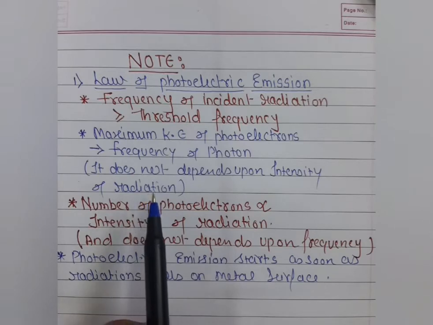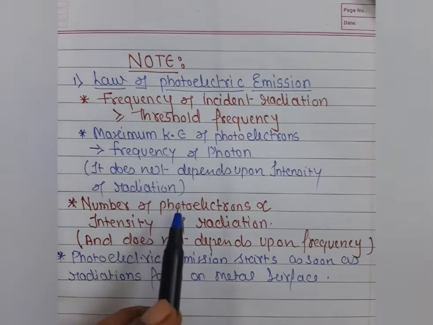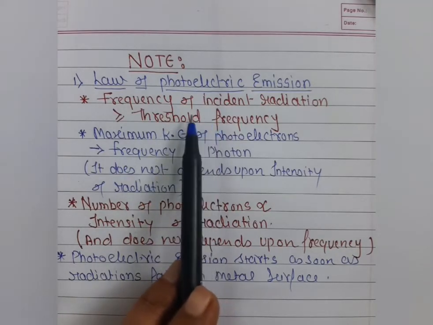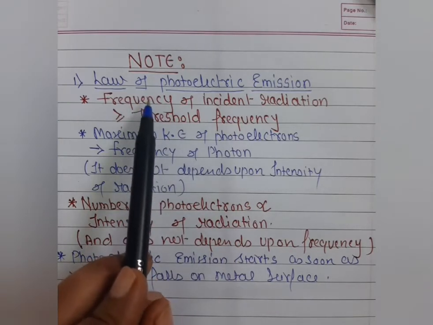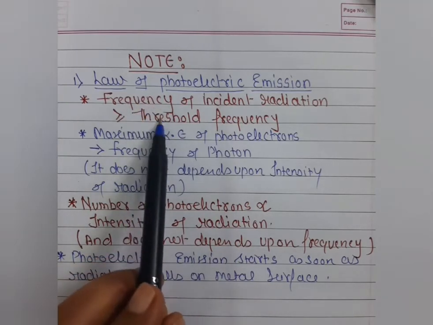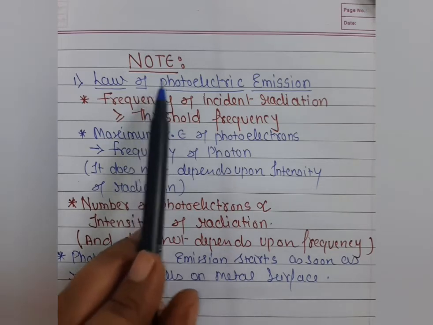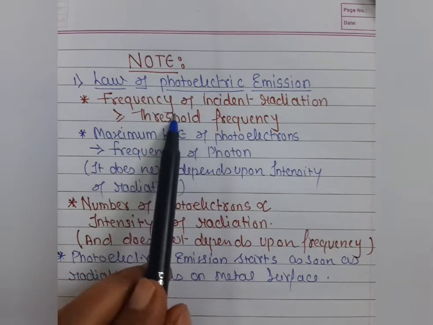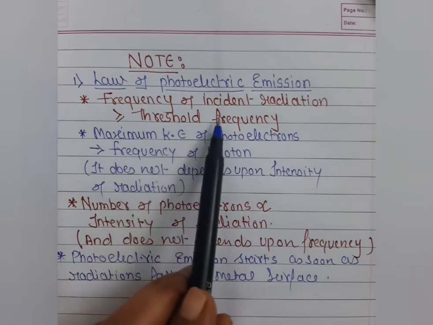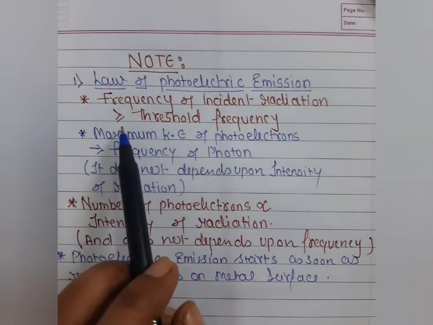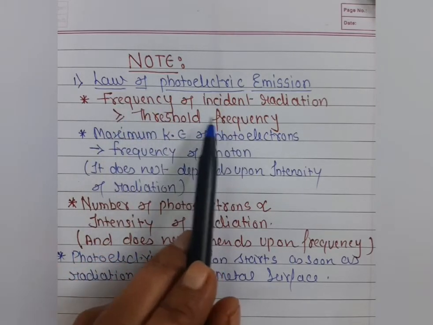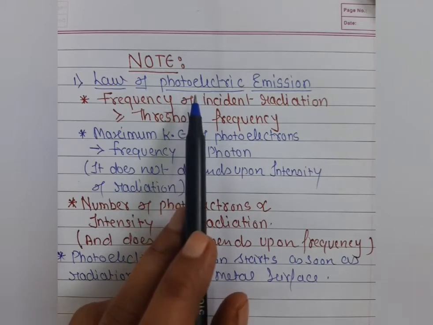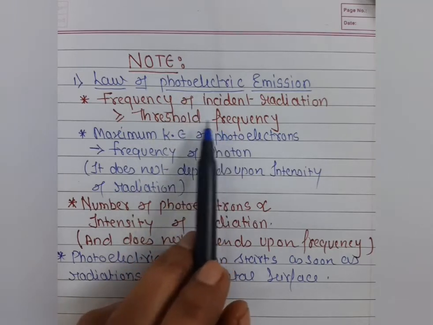It means, as I already gave the example of the work function, suppose the value of the threshold frequency is 4, so this frequency should be equal to 4 or greater than 4. At that time, students, the emission process happens. So remember this point, when the frequency of incident radiation is greater than or equal to the threshold frequency, at that time photoelectric emission is possible. I will explain what threshold frequency is in detail.